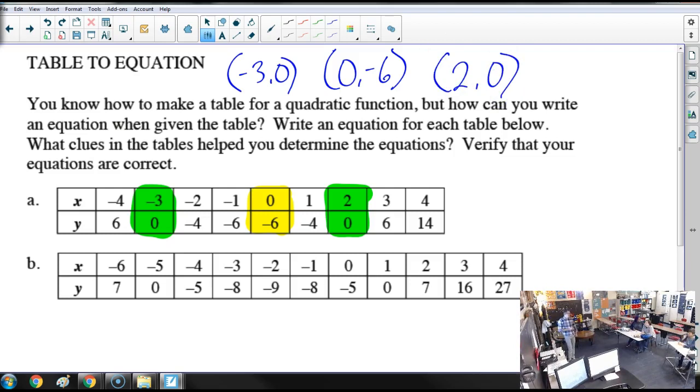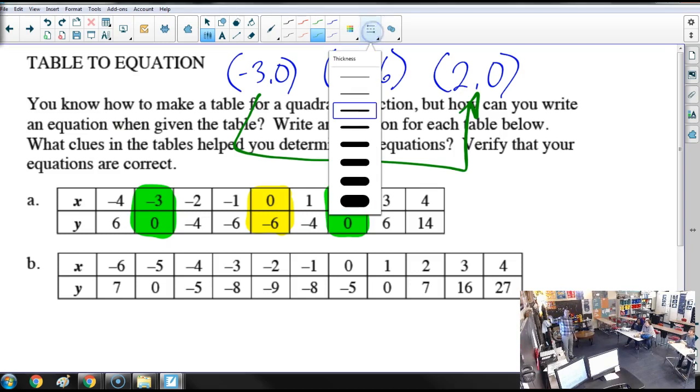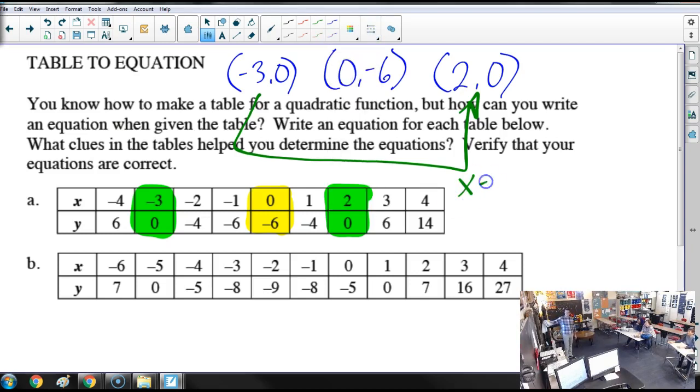So now, Sammy, what were you trying to say? The difference between your x-intercepts, right, which is 5. So now we use that to find the center of the x-intercepts. What's the center of your x-intercepts here? 0.5. Close. Ah, there it is. Negative 0.5. And then jump it around.